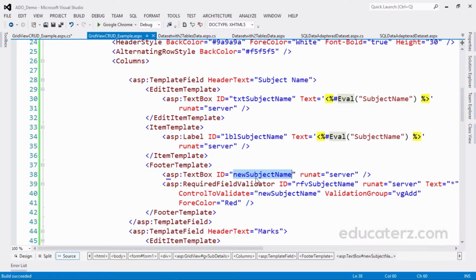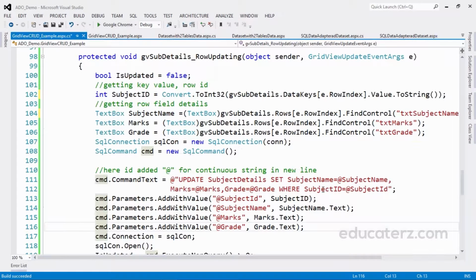This is for when you are adding data, and this is for when you are displaying the data. The label subject name will be showing in a label, and whenever the user clicks on the edit link button, it will show that label value in a text box. So only we are getting txt subject name while we are updating.